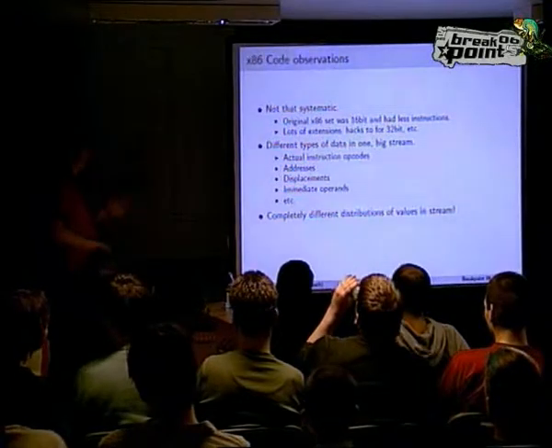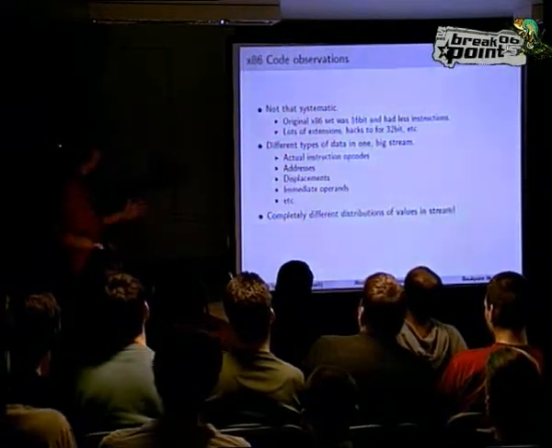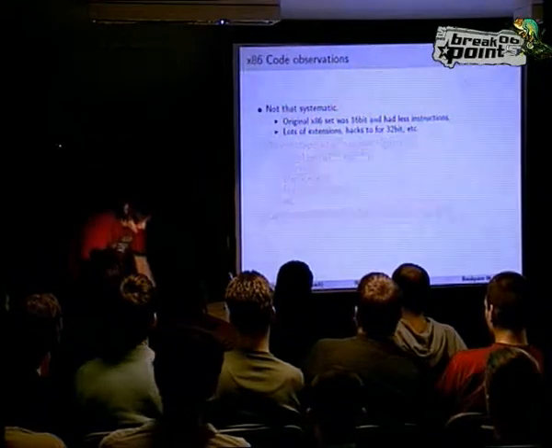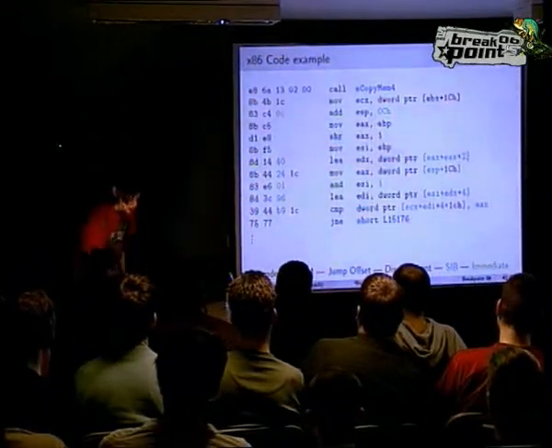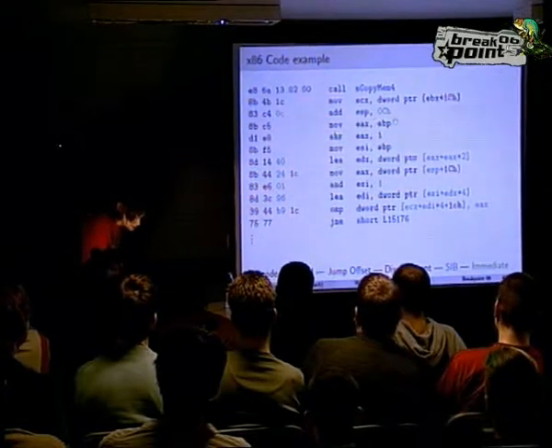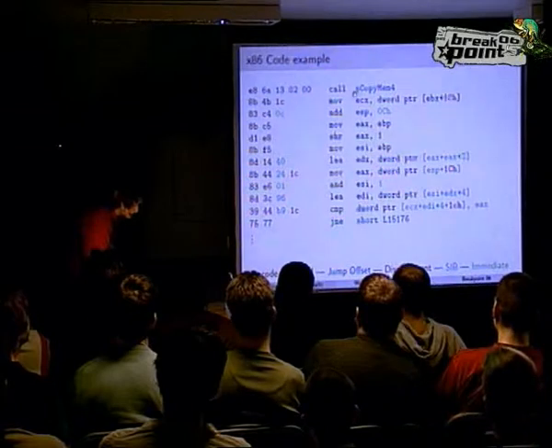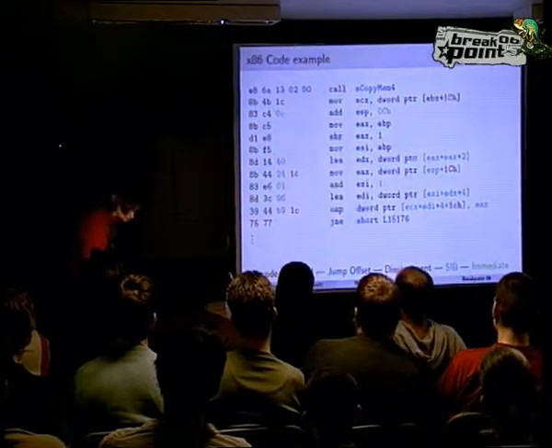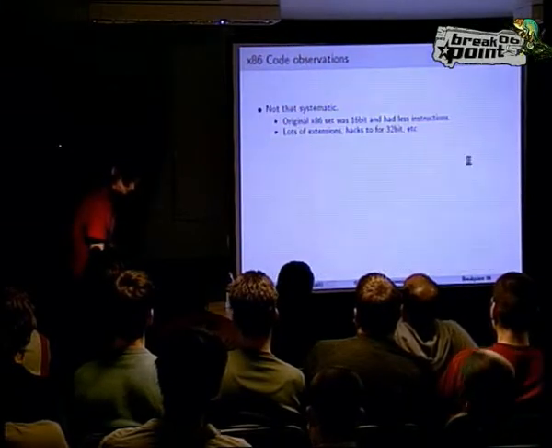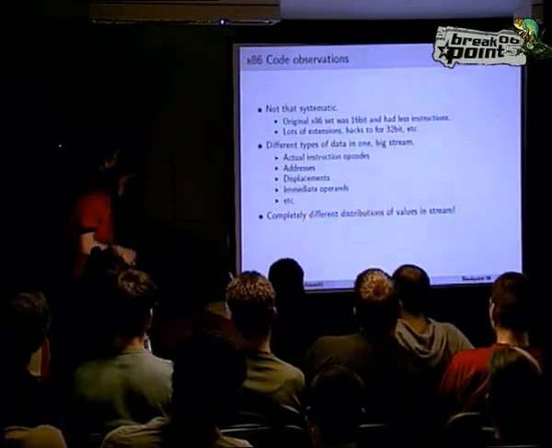You always have those different types of data in one big data stream, which are, for example, actual instruction opcodes, like the black ones here, or address displacements, like those red ones here, or addresses themselves in the code and in the data and stuff like that. It's all mumbled together. And those values have